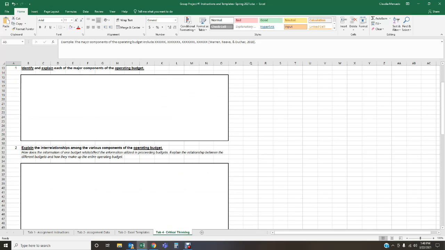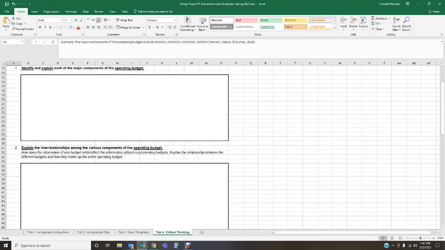For the second requirement, we're going to explain the interrelationships among the various components of the operating budget. So this is basically how the information of one budget relates to or affects the information utilized in the preceding budgets. Explain the relationship between the different budgets and how they make up the entire operating budget. So here we're dealing with operating budgets, and it's very important that you read and analyze the information so you can give a full description.